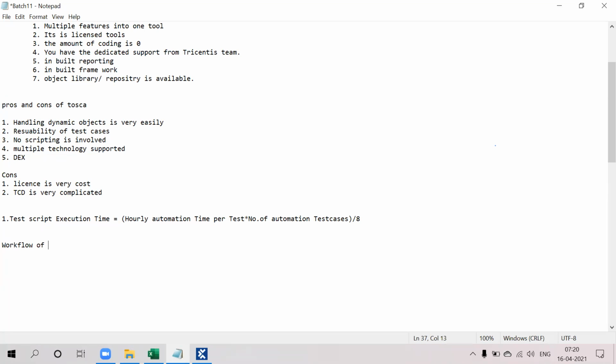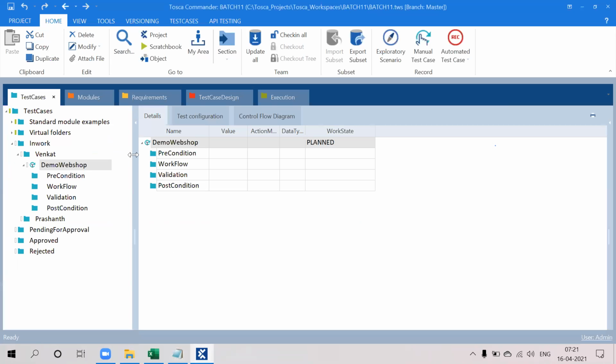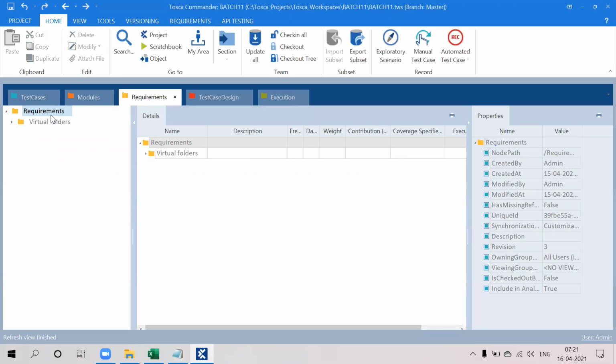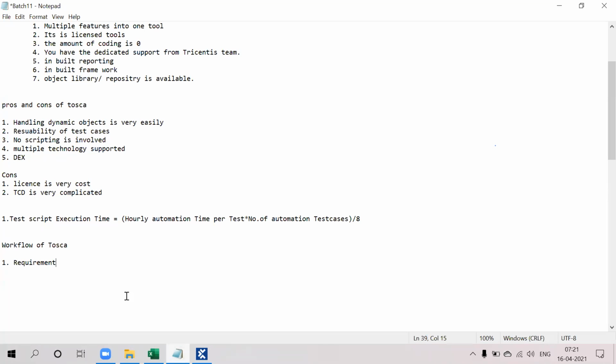First thing you need to design the requirement. Here you need to add your requirements under the requirement section. Once you add the requirements, the next step will be the test case design section.